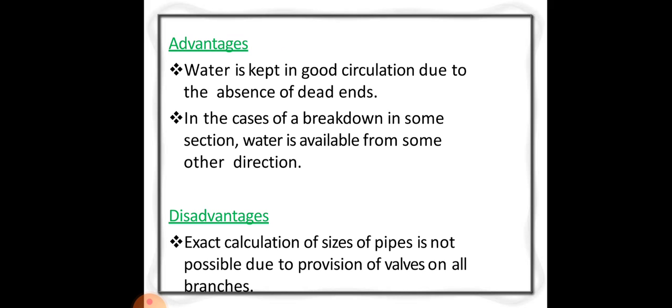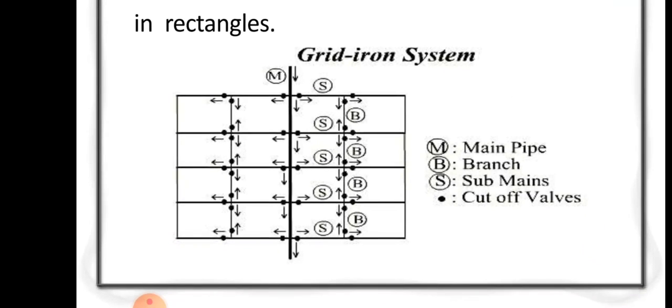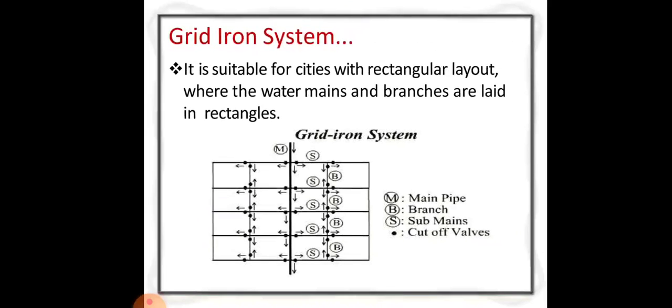That is, a large number of cutoff valves are required. You can see in the figure here, unlike in the case of a dead end system, there are a number of valves. So a large number of cutoff valves are required. That is one disadvantage. And also the system will require longer pipe lengths and bigger diameters, so it will be costlier. And also the process of laying pipes in this case is not economic, it is costly. And here the analysis of the discharge, the pressure and velocity etc. is a bit difficult and also cumbersome. So this is about the gridiron system or the reticulation system.